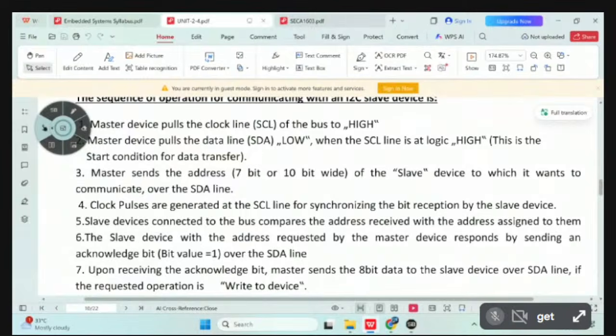So after setting SDA at 0, then I would like to place the address value on the SDA line, right? So now it will identify the